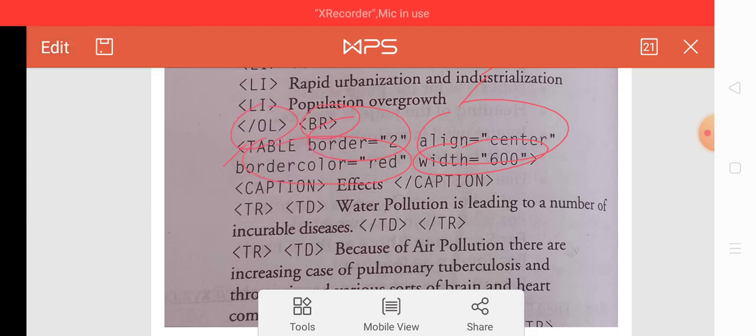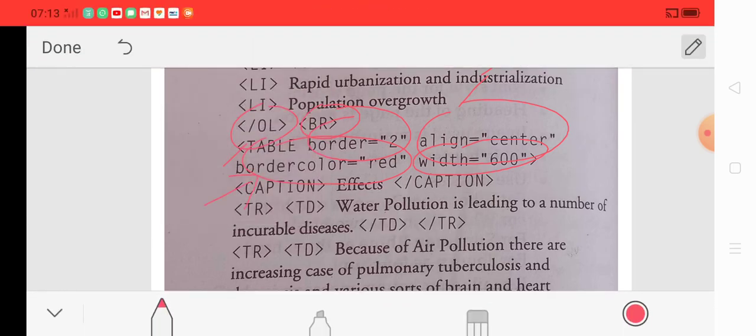The table has a heading, and that heading is represented by th. After that there are certain rows. Rows are represented by the tr tag, and the content of the table is represented using the td tag. So td represents what? "Population leading to a number of incurable diseases."